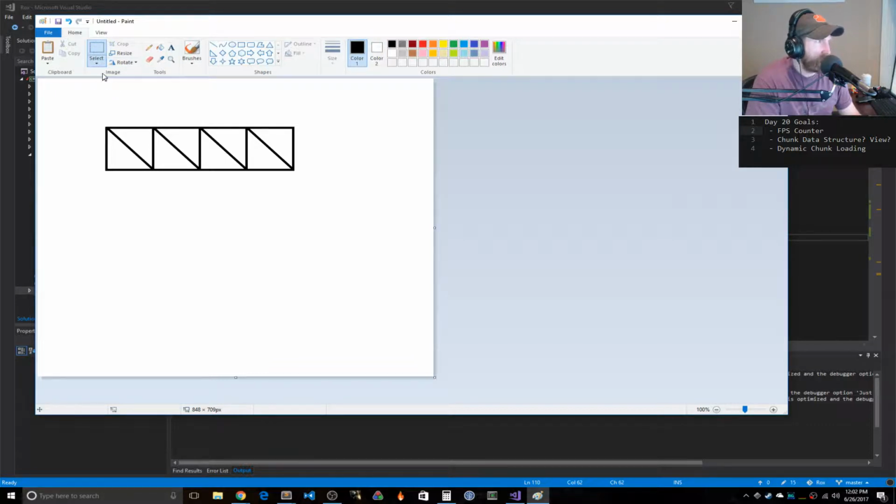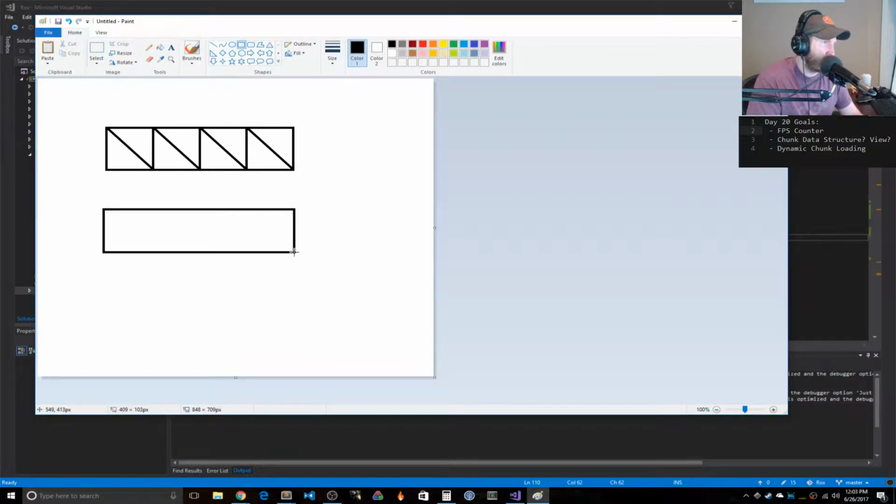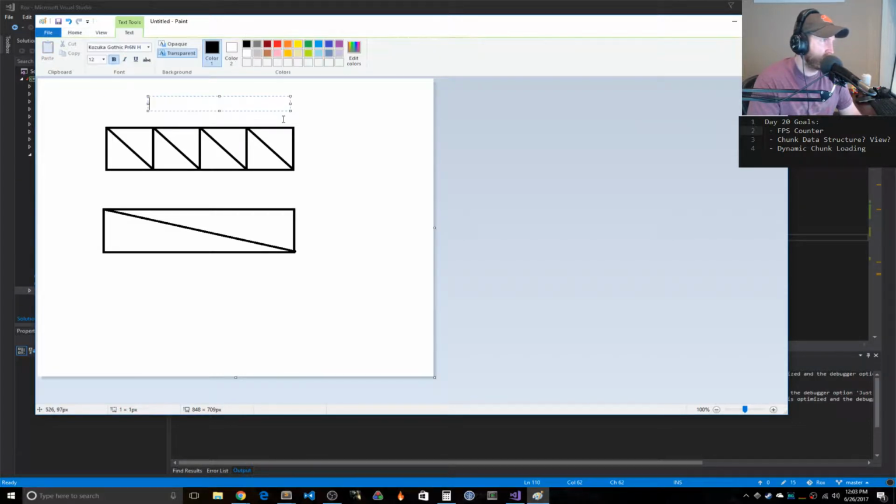Now, greedy meshing is basically an algorithm that takes your quads and does this with them. Actually, it'd be easier if I could just do this. You pipe everything through an algorithm and you get this instead. So instead of a bunch of triangles that make up the big thing, you just get one giant quad versus four small ones. Let's label this, because I think this is a simple but pretty telling